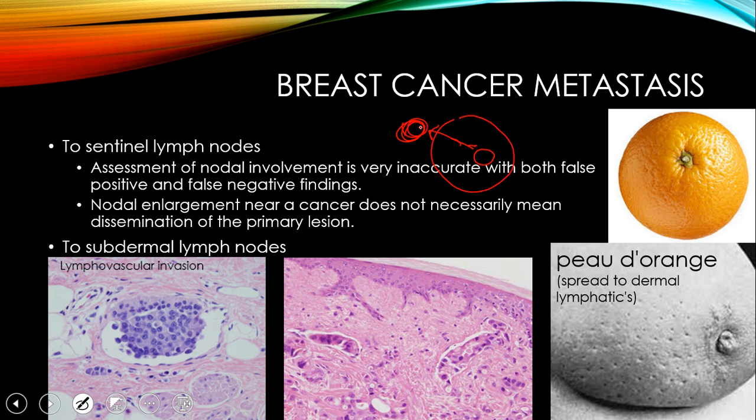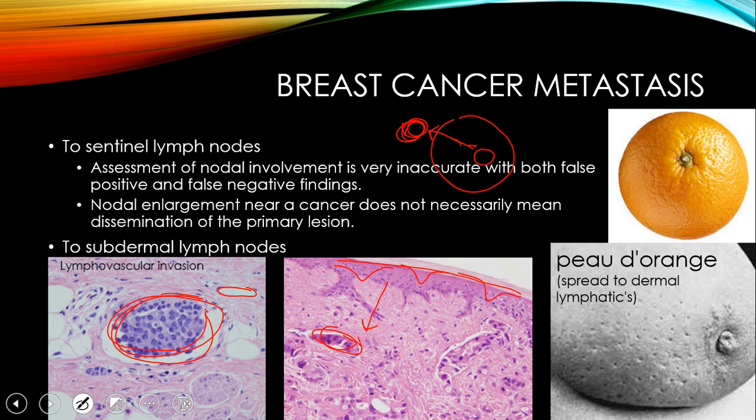What sometimes happens, though, is that there's also a subdermal lymph node system, as shown here. This would be a little bit of lymph up here in the subdermal. So here's the dermis, right? Just underneath the dermis and the subdermis, here's this area. Sometimes these cancer cells will undergo lymphovascular invasion, and they'll come up here and get in this area, and it'll make the skin above look strange, with all these little dimples and things in it,